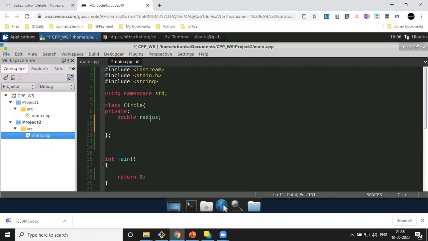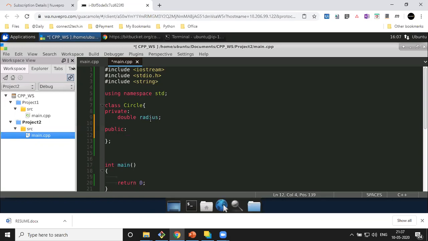Now what I'm going to do is I'm also going to specify a public function, public followed by colon. Then I'll create a function, but before return I have to basically give a name or rather create a function.